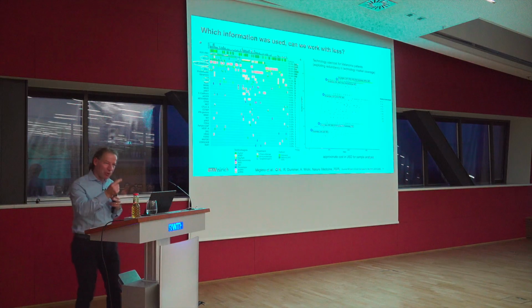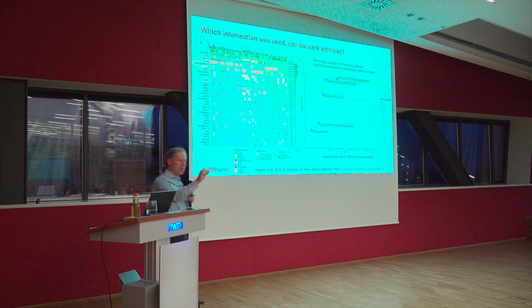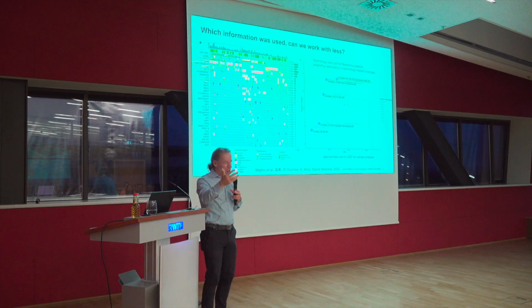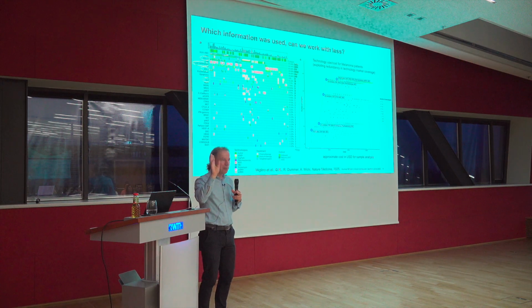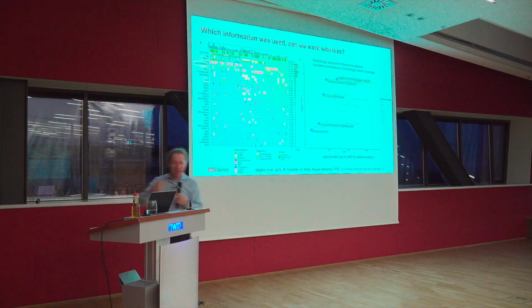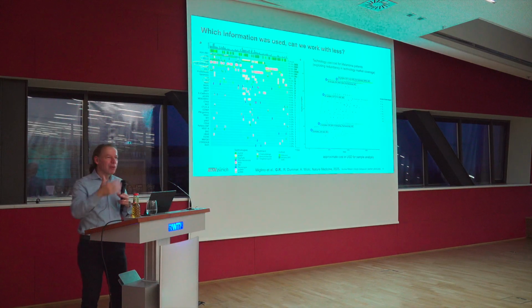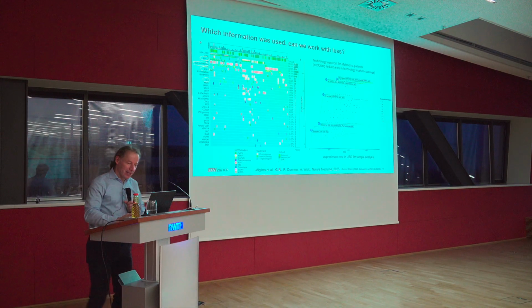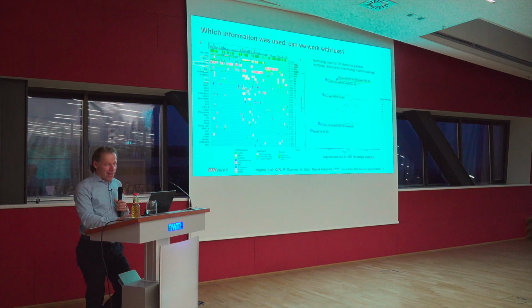Because we have recorded that for this decision we needed this piece of information, and we would assume that if we have this piece of information, we would come to the same decision. Of course, it may be fragile, but it's an assumption. But if we don't have this information, we probably would have come to a different decision, right? And what this plot here shows is that every dot is one combination of